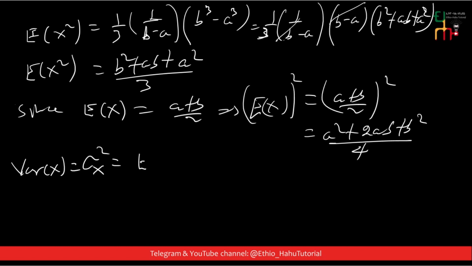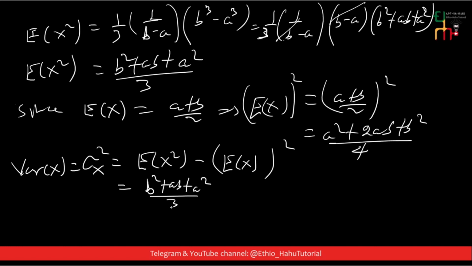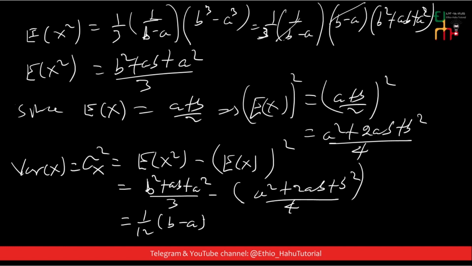Sigma x square ማለት expected value of x square minus expected value of x the whole square ነው። ይሄንን ሰብስቲቱት ብታደርጉ b square plus ab plus a square over 3 minus ለዚህ ደግሞ ይሄንን ሰብስቲቱት ብታደርጉ a square plus 2ab plus b square over 4 ሰብስቲቱት ብታደርጉ you will come up with this result 1 over 12 into b minus a the whole square ይሄንን ማቀናነስ ትችላላችሁ ማለት ነው። ስለዚህ variance of x or sigma x square is equal to 1 over 12 into b minus a the whole square ይሆናል ማለት ነው።